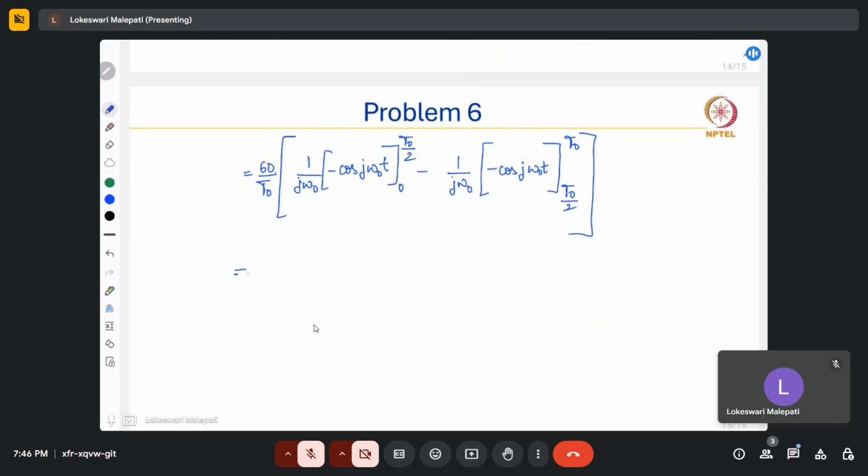So this is equal to 60 by t naught. So again, if you substitute,